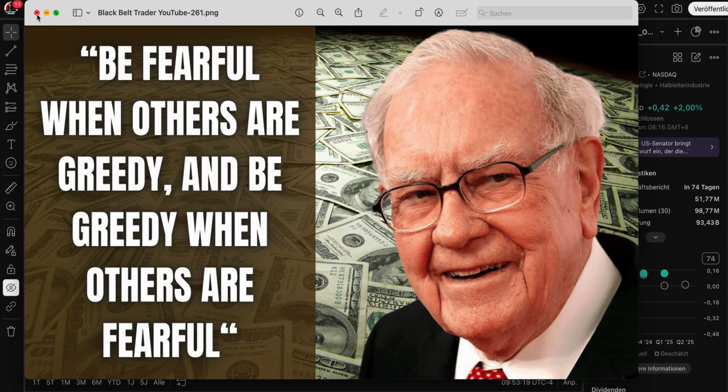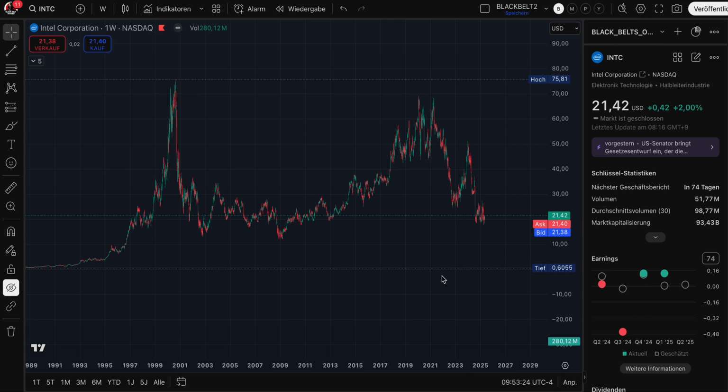Of course, what I say here is not financial advice. Thank you Warren Buffett for this great quote. Yeah guys, I want to show you the ticker INTC. This is Intel Corporation. I don't think that I need to explain what kind of company that is. And right now we have a delicious dip for Intel. And what does that mean? Be greedy when others are fearful, because we have a lot of negative sentiment for Intel, a lot of negative news. I honestly don't care about news. I always focus on the chart. And if you understand where the entry and exit signals are in the chart, then it is very possible to make profits in the market.